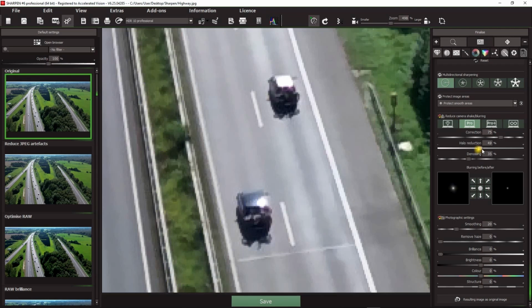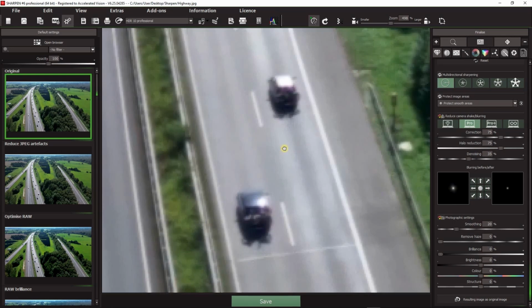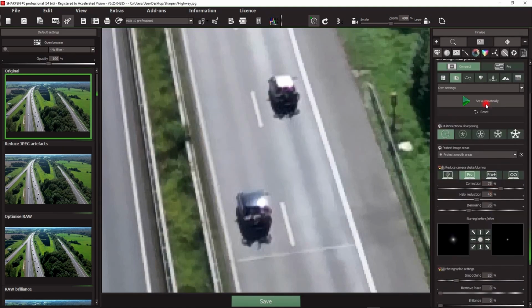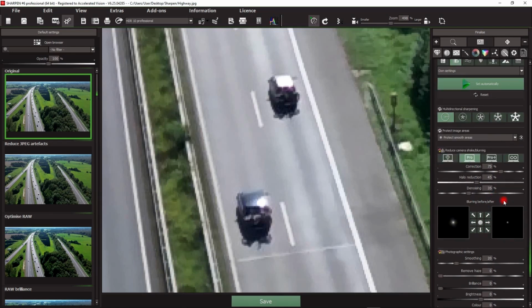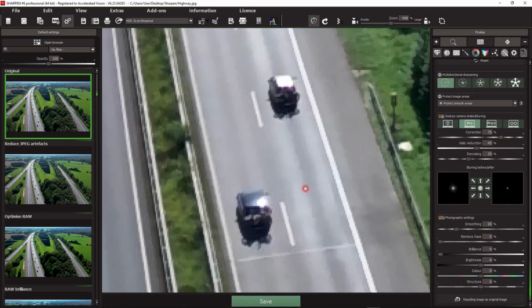We can reduce it even more, of course, but then we lose a bit of sharpness again. Let's right click to view the original image, and now we can see the sharpness with a much higher level of halo reduction. The preset itself was 45 in automatic mode, and this halo reduction makes it possible to minimize these halos. The second really important new slider is down here,